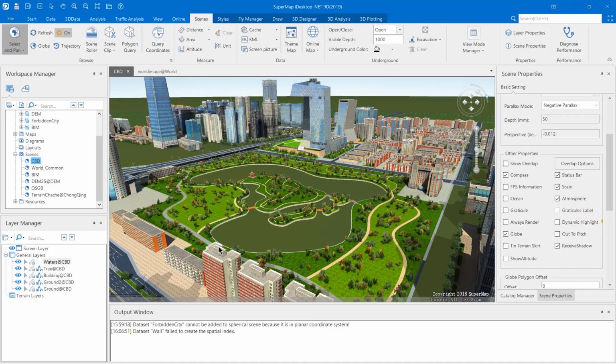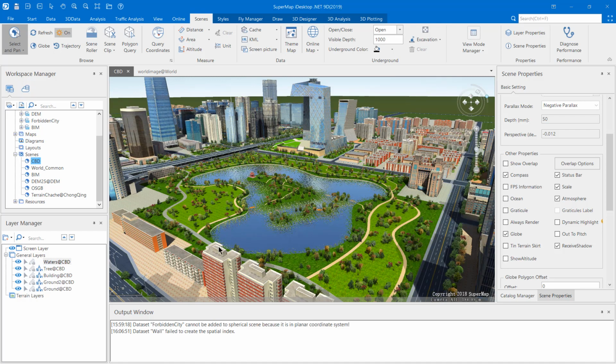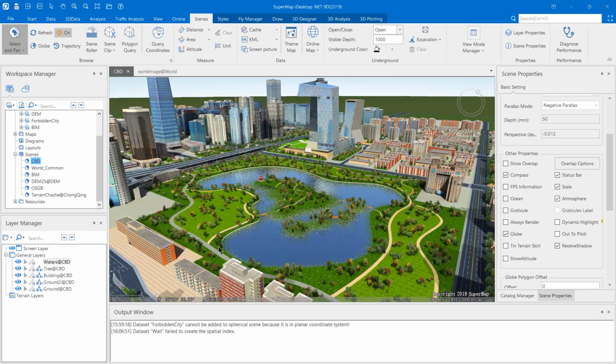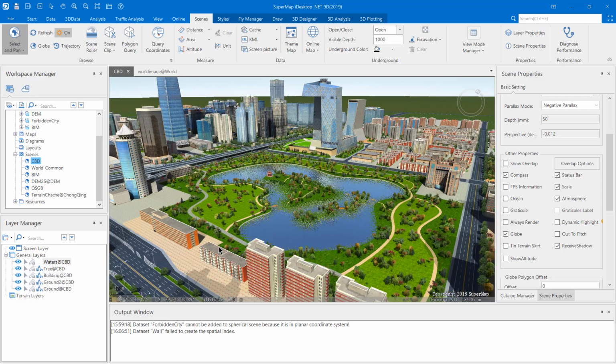As it is quite a big 3D scene, it is going to take some time to load. As you can see, there are lots and lots of elements in this scene. So we're going to give it some time. We're going to let our hardware adjust. And depending upon the power of the hardware that we have, it is going to load quicker or slower, and it is going to move around